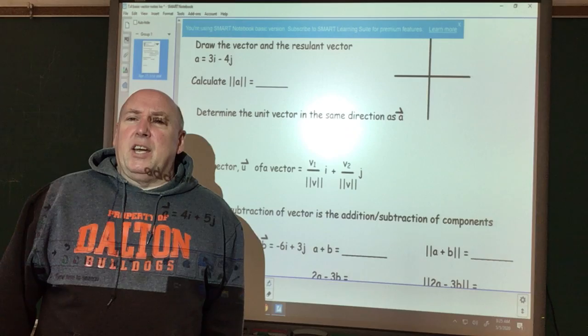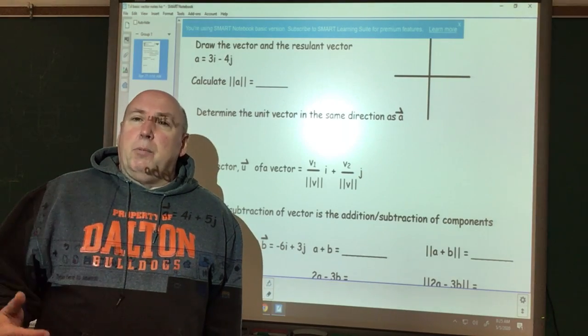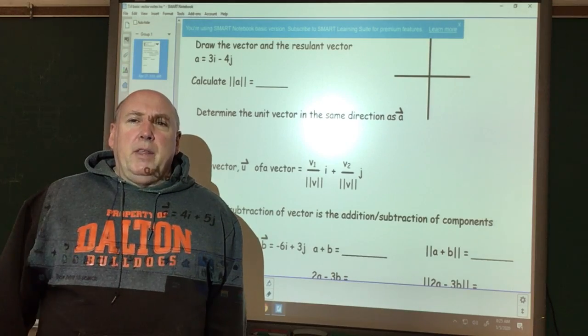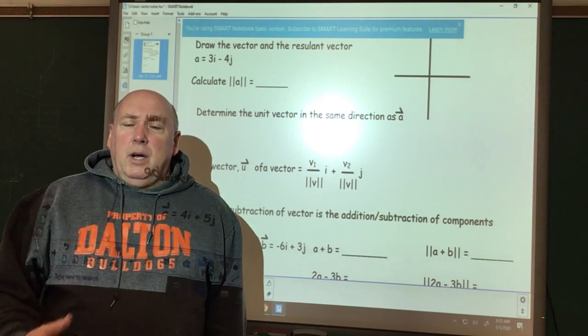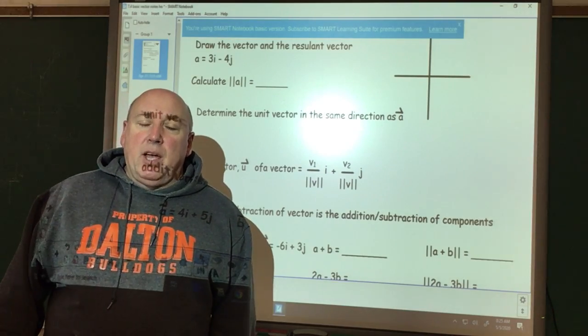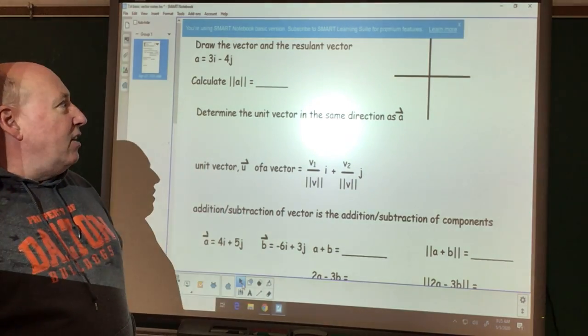Anyways, we're going to do day 2 of dealing with basic vectors: vector i and j component notation. Tomorrow will be a review day over this material. Thursday will be the evaluation over this material. What we covered yesterday and today will be on the evaluation. When we're talking about ij notation